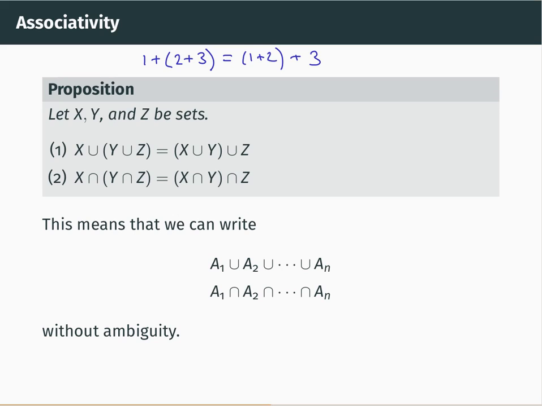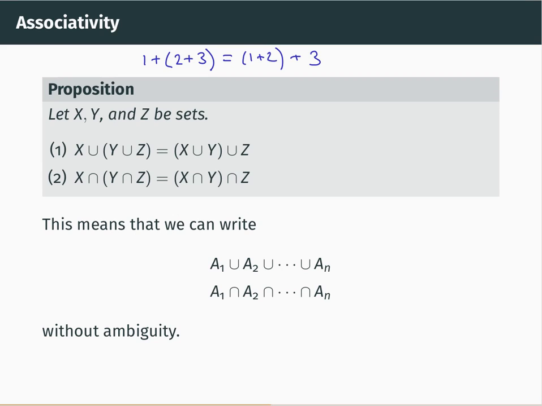So I'm not going to give a proof of this one. This is just another proof where it follows straight from the definition, and the fact that the logical operations OR and AND also have this associativity property. So really the reason I'd like to write down and record this associativity property for unions or intersections is that it allows us to drop brackets. That's the useful thing about this